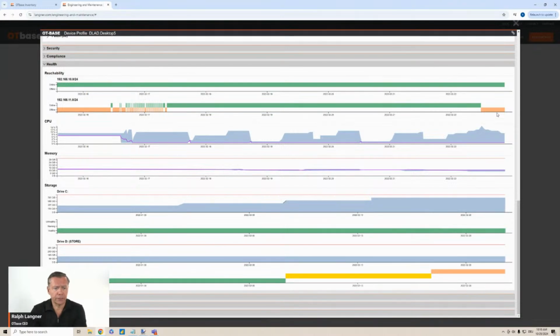So this gives control engineers very important information about the health of their assets, and they would most likely use that to their advantage to prevent any outages that might be caused by network issues or by resource exhaustion. So this is what I wanted to talk about today,